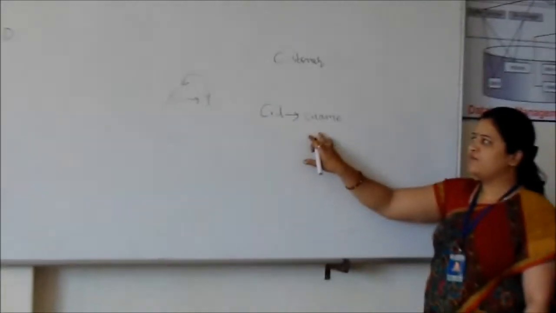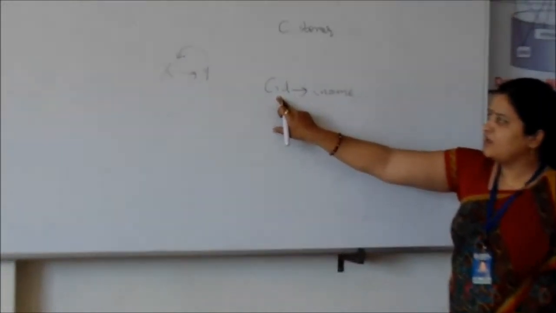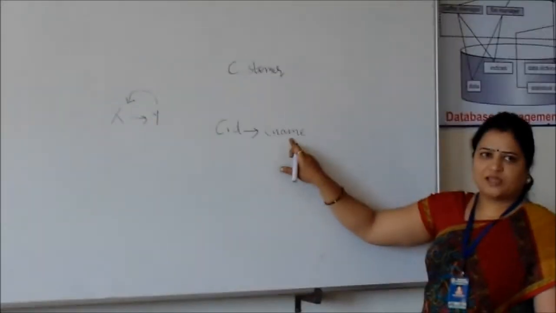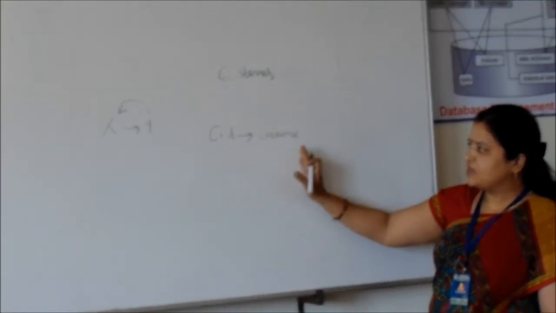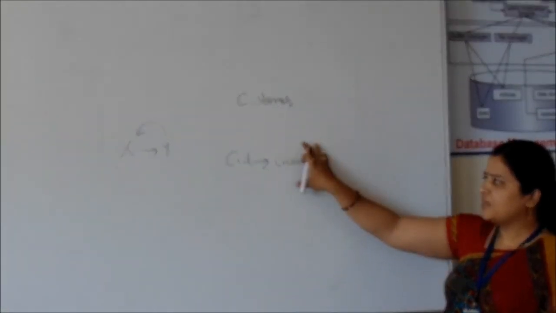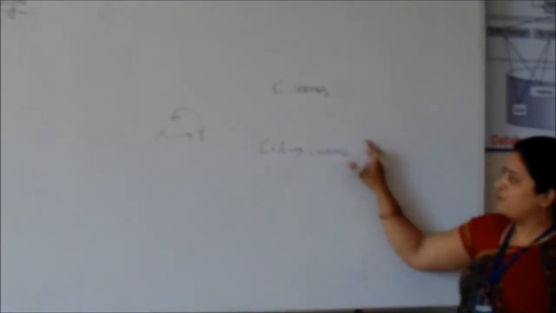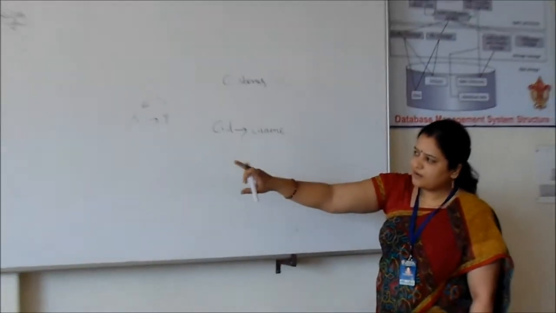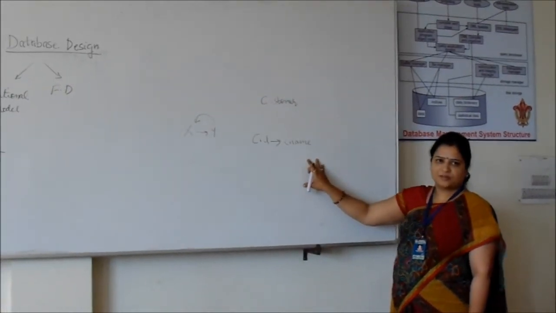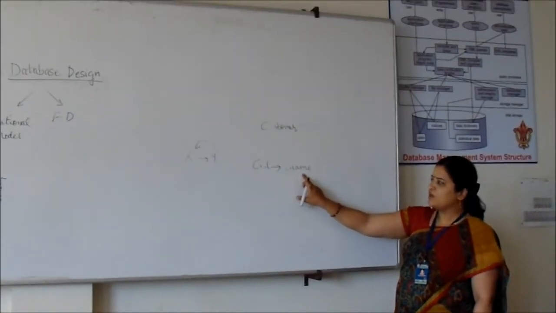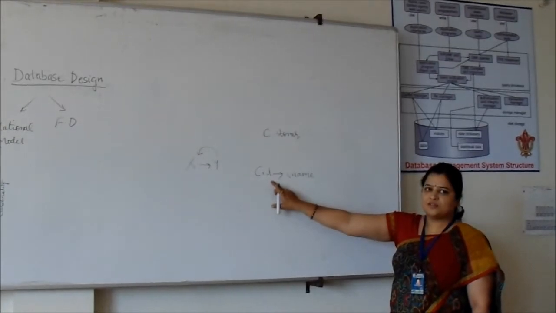Now the question is what is the meaning of functional dependency here? Here we can say that customer ID is determining customer name. That means in every case, in every situation, we are getting the name of the customer with the help of his ID. If this type of relationship exists in that relation model, we can say this is a functional dependency. Meaning we are getting the value of customer name with the help of customer ID.